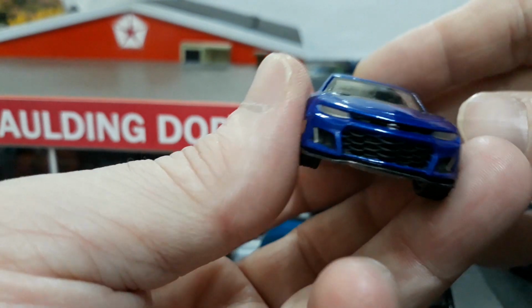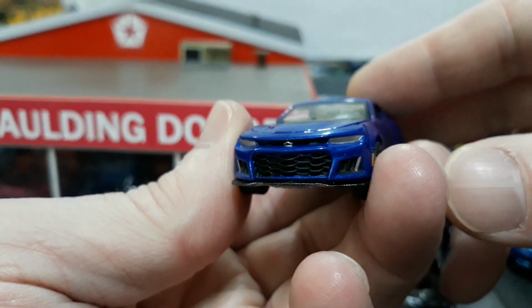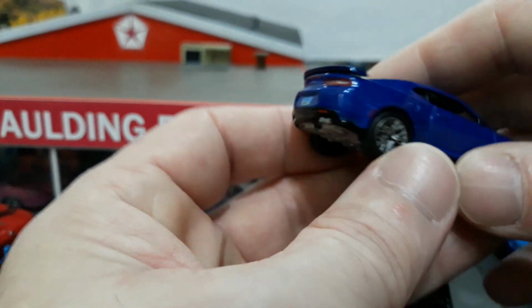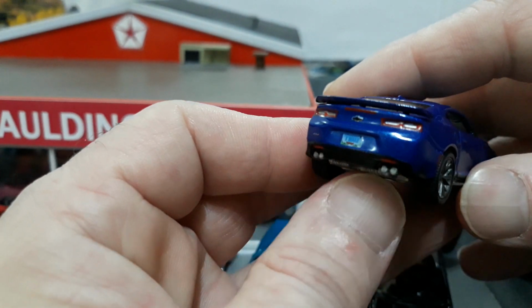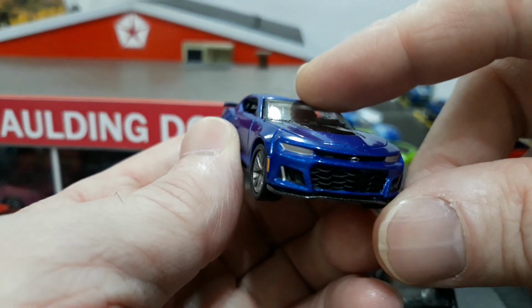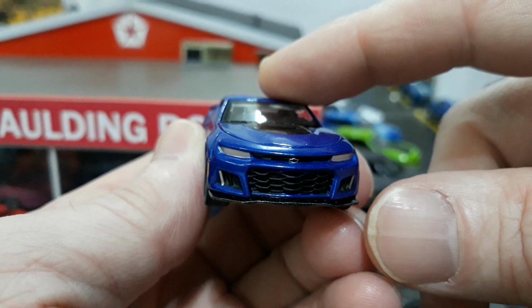Nice details on the headlights and grille. Although the headlights could have been a little better with a tampo instead of the silver paint. The silver paint just shows absolutely no detail at all. It looks like an aluminum block-off plate like guys used to use as a delete on drag cars or